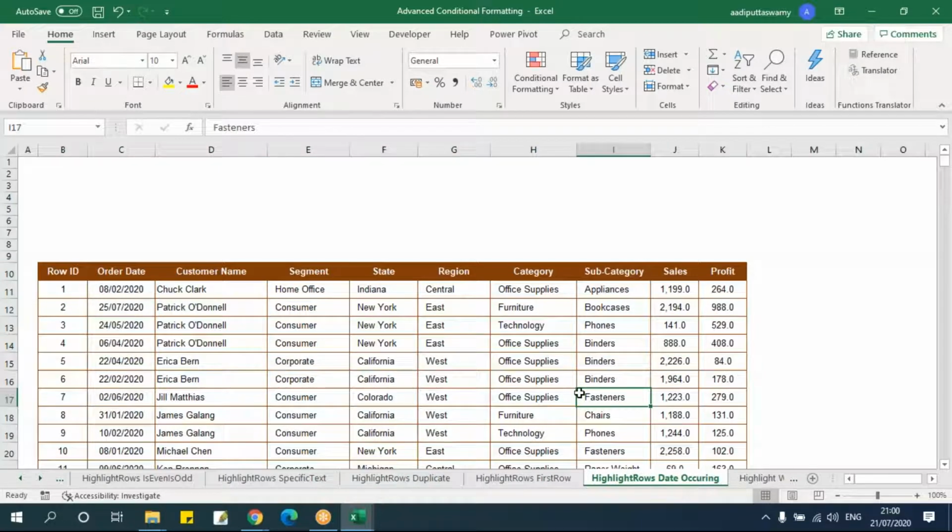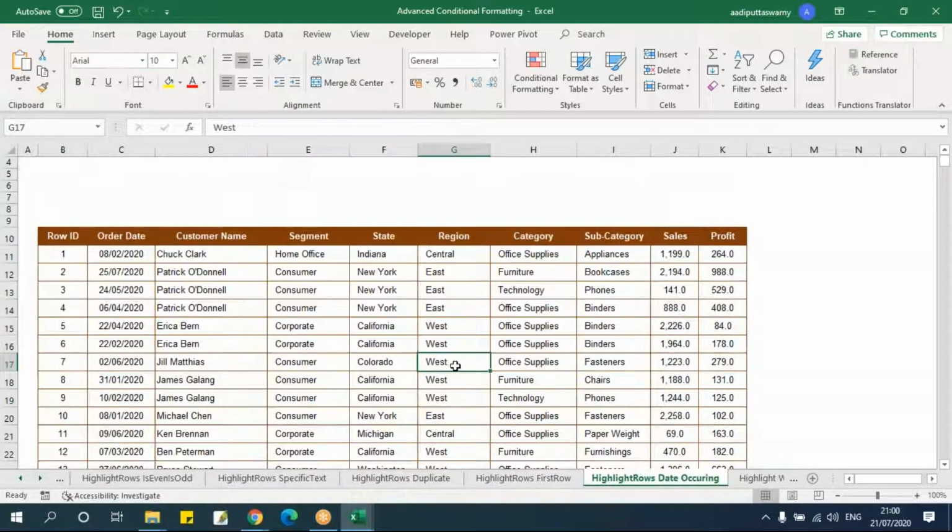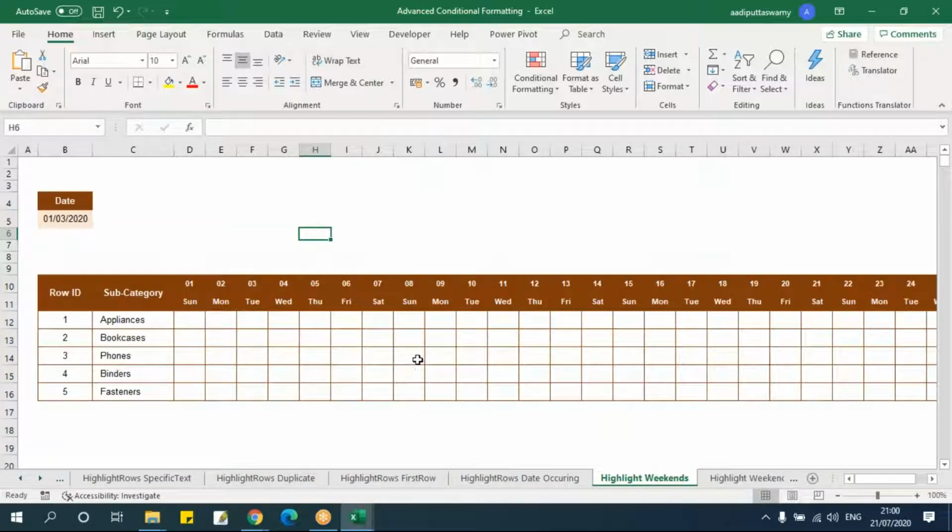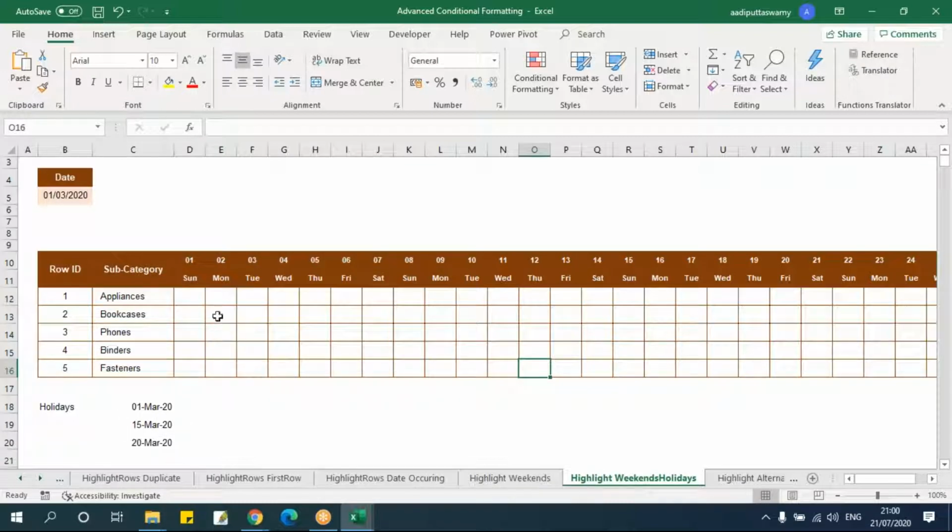The next is about dates. Say I want to highlight today's date, or the last 7 days' dates. Okay, so those things. Then weekends. I showed you this example in the previous session, but here I'll show you some more advanced features of how to highlight the weekends. And then we also have holidays. Suppose we know how to highlight the weekends, I can easily do that. But what if I want to highlight the holidays in the calendar as well? This will be very useful for managers who are planning reports, say project reports.